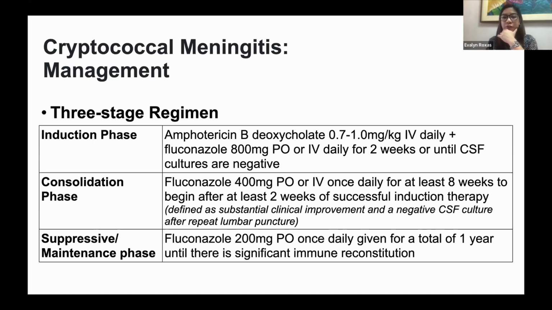So what's the management for cryptococcal meningitis? So there's a 3-stage regimen for cryptococcal meningitis. There is an induction phase. We usually give an intravenous antifungal for cryptococcal meningitis. The recommended antifungal is an amphotericin B formulation. So you can have the deoxycholate or liposomal or lipid complex formulation. And then this is followed by a consolidation phase. Initially for 2 weeks for the IV antifungal, and then followed by the consolidation phase. You can give either an IV or an oral antifungal for the consolidation phase, and then eventually a maintenance phase of